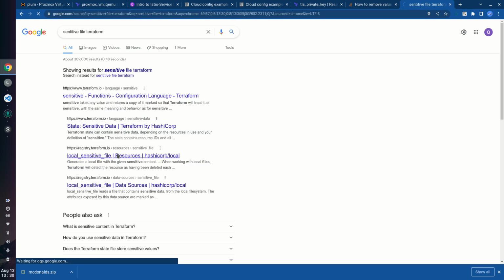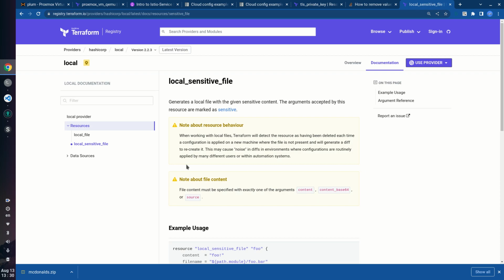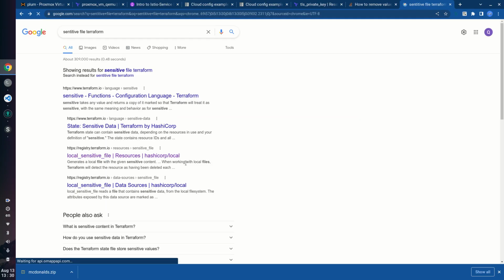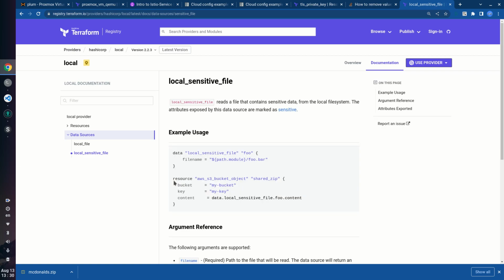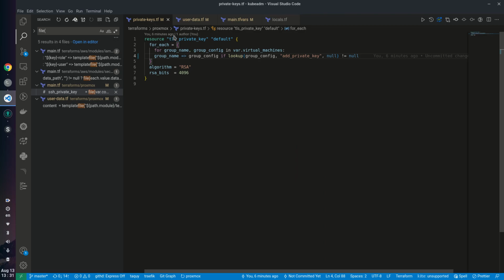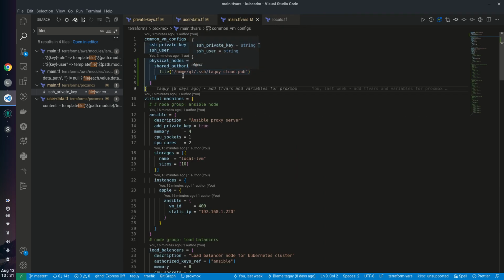Okay, so I think there's a main thought about this one. I actually use this local sensitive file, and I'm not sure if I can actually have a method for that. But nevertheless, I need the path for this node. So it's not necessarily different from one another. I have my private key here that I can use to SSH to it and to actually upload it myself. So in my TFR as well,